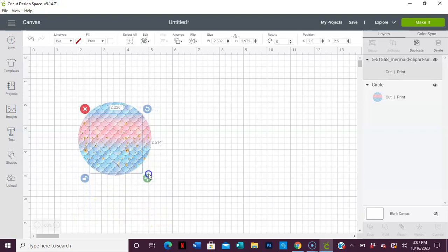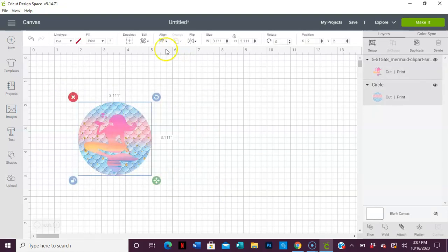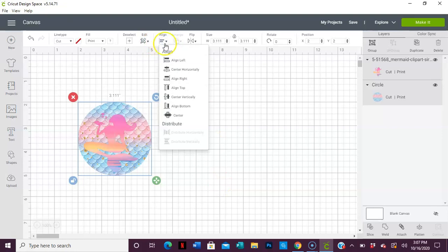unlock it. Remember, you're going to have to put a hole in it, so you don't want to put it in your mermaid here. So now what you do, you can hover over both of them and then go to Align,